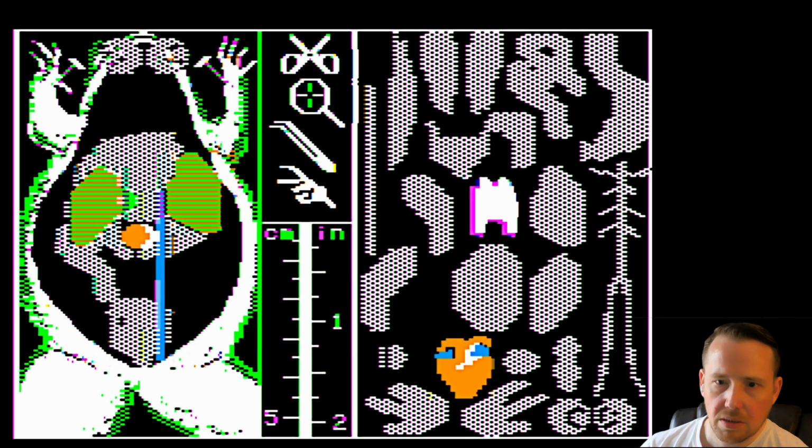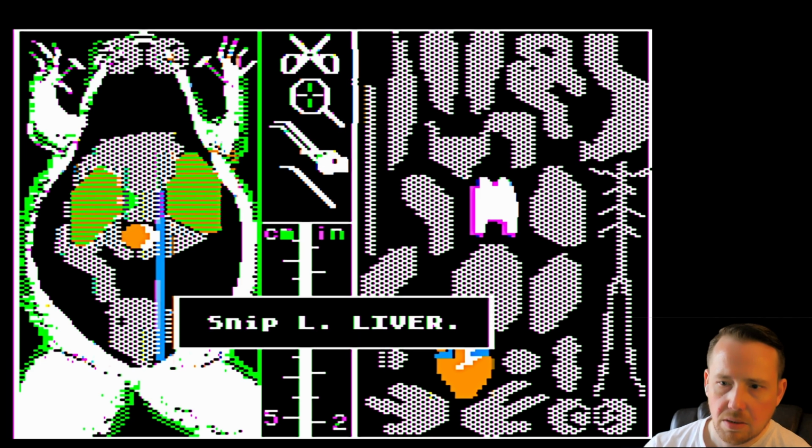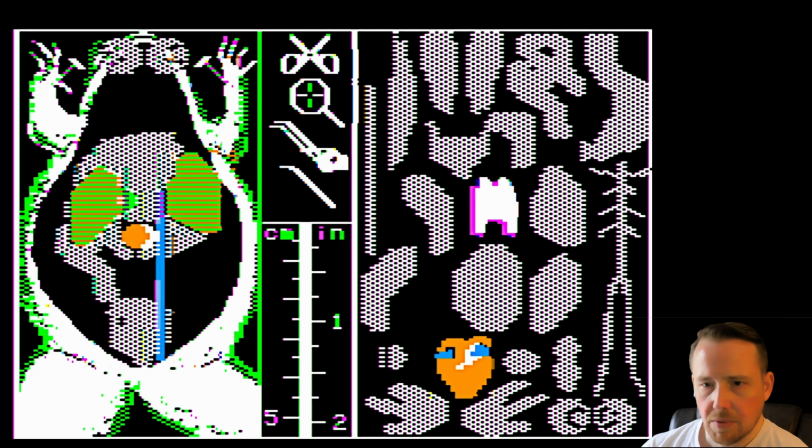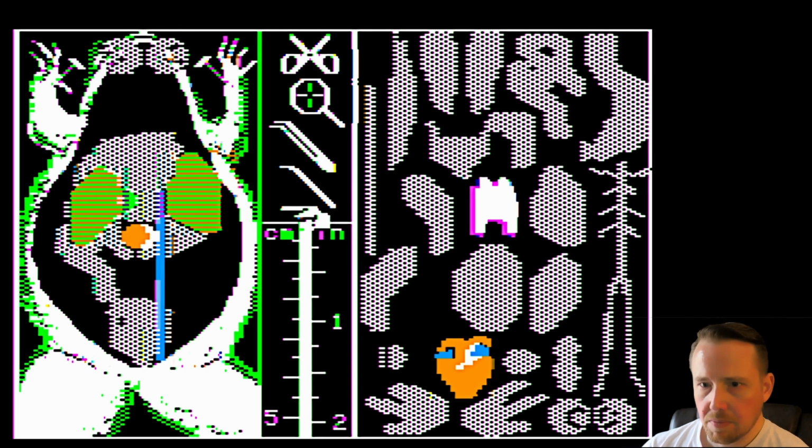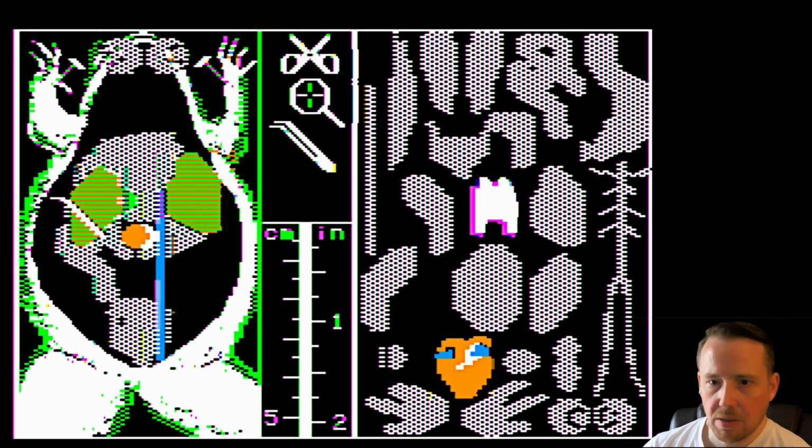L liver. Okay. So is that there? Let's check it out. Let's see. Check out the point on it. Doesn't tell you the names. I'm not sure why it's saying L liver, just to give you a hint as to where it is, I'm guessing? I don't know. Because there is only one liver, as far as I know.